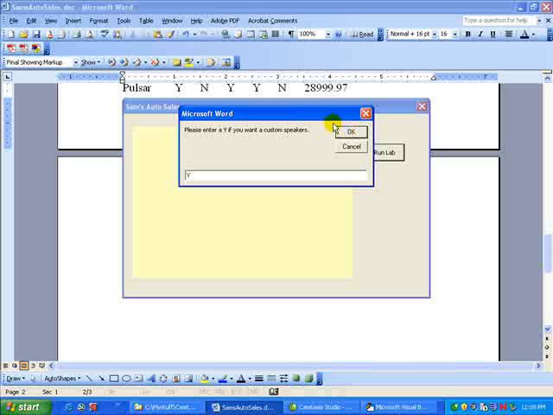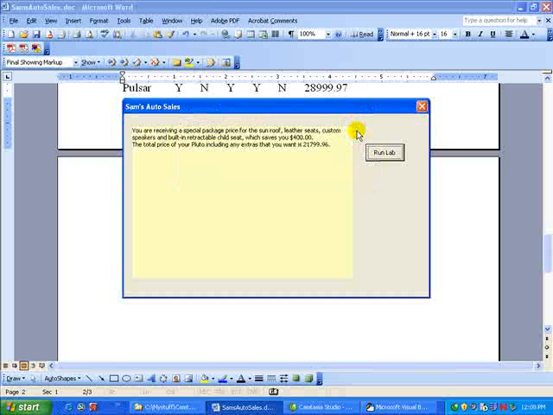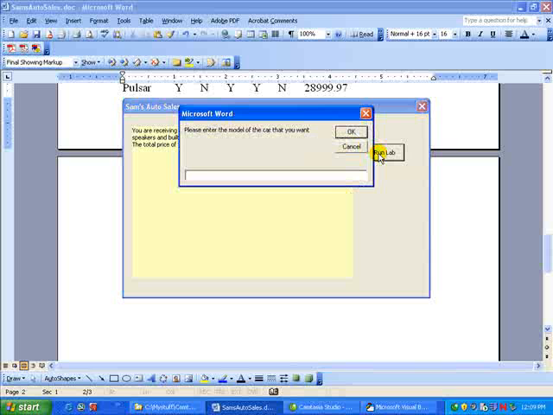And yes, and yes, but no for a convertible. And you're receiving a special package price for the sunroof, leather seats, etc. Saves you $400, and the price, it says, is $21,799.96, and that's exactly what was on the document. If you go back and refer to the document on the handout for this, that's what it said it should be. So we're going to do the second test now